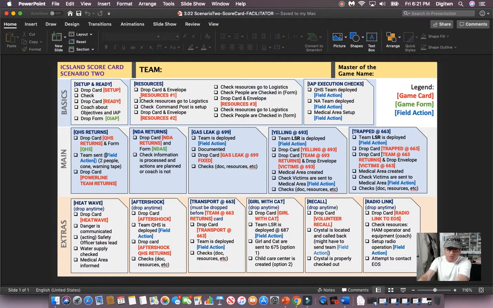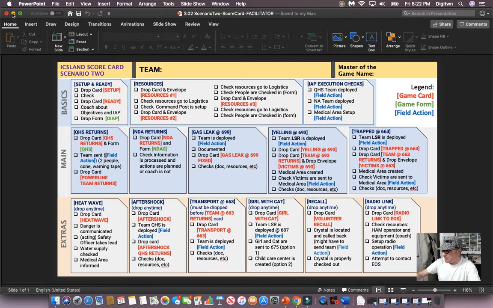So that not only gives the facilitator of the game the ability to organize and orchestrate more easily as the game goes, but as you tick the boxes, you also show that the team has performed something. So ultimately, we can actually use this scorecard to rank the team and to basically give them a score at the end of the game. So that's again the major innovation of this iteration of the game. So these are tools that the facilitators are going to be using.